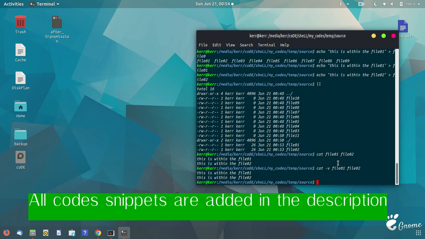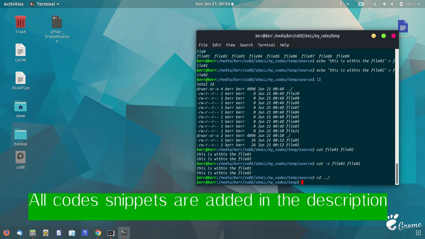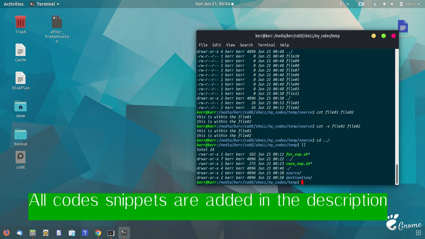Now we will use the dry run option with the rsync command, rsync -av --dry-run, source. Okay, now we are within that source. So rsync.